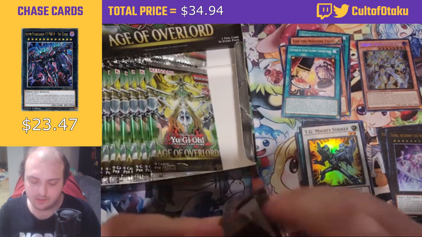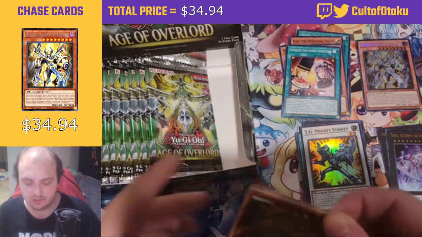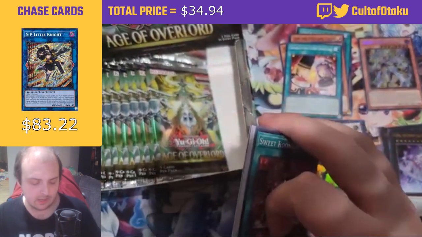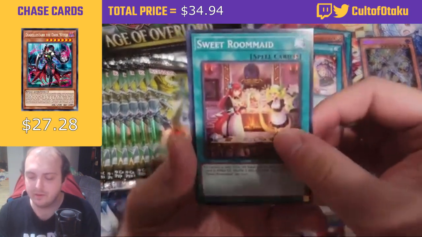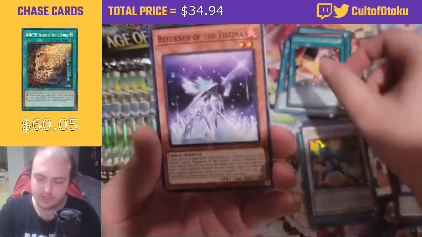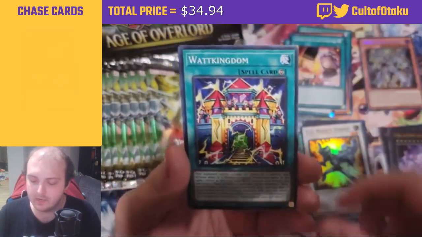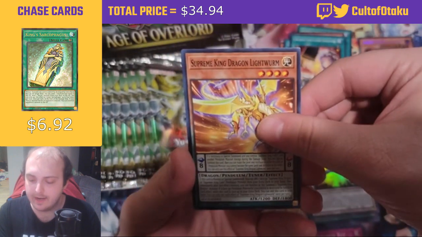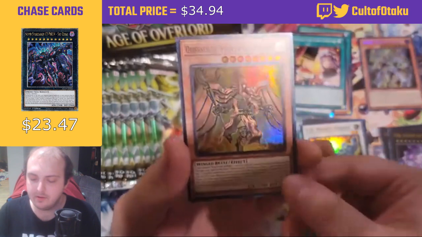Again, I just don't think the Testina stuff is gonna be that great. The entire deck is basically just like Book of Moon essentially. But there's plenty of other decks that have similar mechanics that do things better. Ghost Rig. Sweet Roommate, another Culinary Confrontation. It's been a minute since we've seen Gen and Ken, actually. Return of the Testina, Watt Kingdom, Full Armored Xyz, Supreme King, Dragon Lightworm, Pendulum Evolution, Lilla Rap, and there is